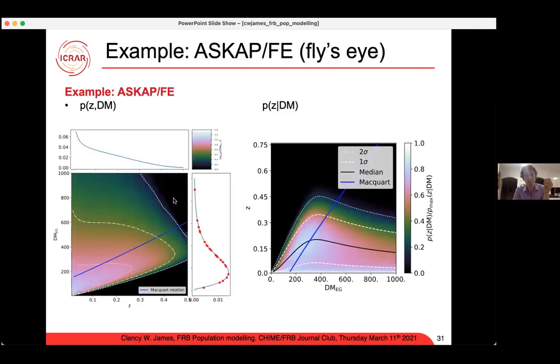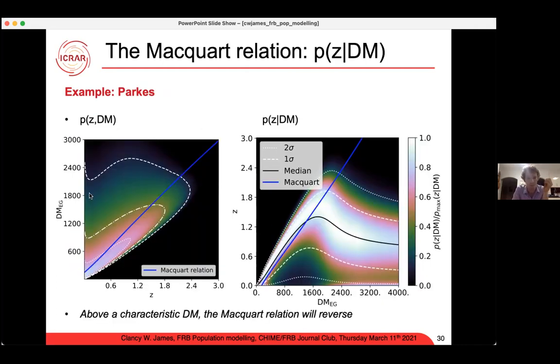You then say, okay, if this corresponds to a certain DM of 1,800, how do you get a DM of about 2,400 or something like that? Well, you can't get it by going out here because you can't see that far in the universe. You can't get it by going up here because going up here means you reduce your sensitivity, and by definition, this is your max sensitivity anyway. So your only way to get an excess DM above, let's say, 1,800 is to go to the nearer universe and get a very large excess. And that means that at around this point here, as you increase your DM, your expected redshift will decrease, right?